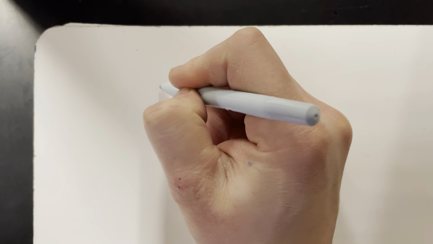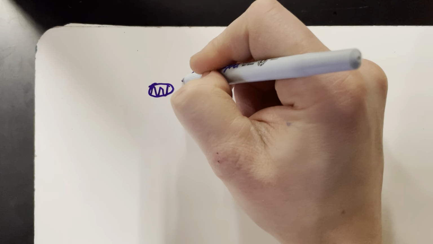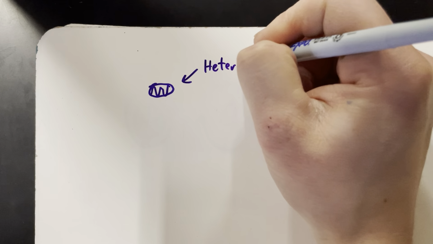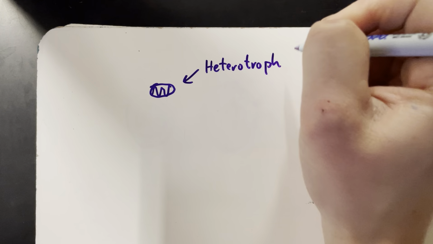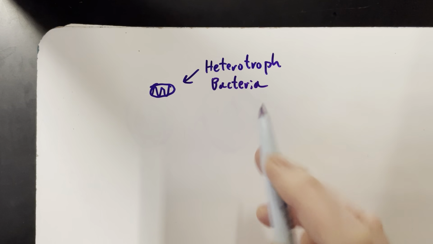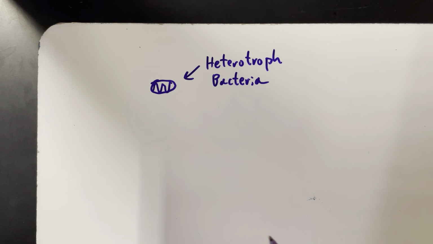Here's the theory behind this. And this one does have really good support. As far as we can tell, this is exactly what happened. There was a bacteria, a heterotrophic bacteria, and the heterotrophic bacteria basically takes chemical energy from things around it, right? Like if there's sugars around, it can take those sugars and then turn it into ATP and go about its little life. That's what it means to be a heterotroph, right?